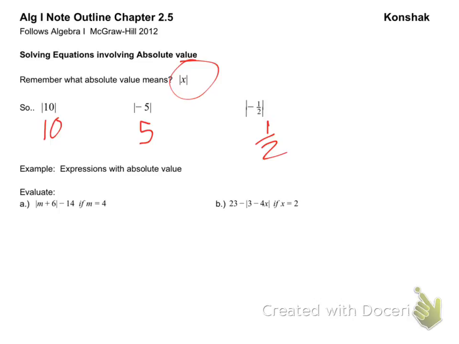So, as we can see in the first problem, we got the absolute value of m plus 6, and then we're going to subtract 14. What is the value of that if m is equal to 4? Well, then I just play coach, right? I put in 4, that's an absolute value, plus 6 minus 14. Do I need the parentheses now around the 4? Not necessarily, right? Because it's 4 plus 6,